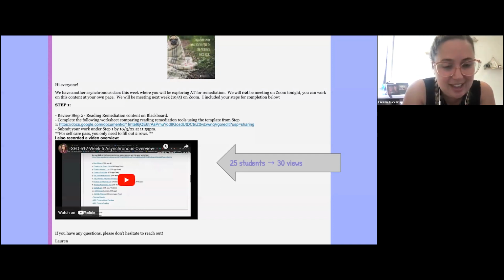What I've also done, because I have found that for some students, the text is a little bit too heavy, is I have my text that I provide for my students, and then I also record a 2 to 3 minute video going through the steps and demonstrating within the course learning management system where they click and where they submit their assignments. Some learning management systems are more obvious than others. I find that mine can be a little opaque at times and can be frustrating. So showing them exactly where they go, what it should look like, and how to update